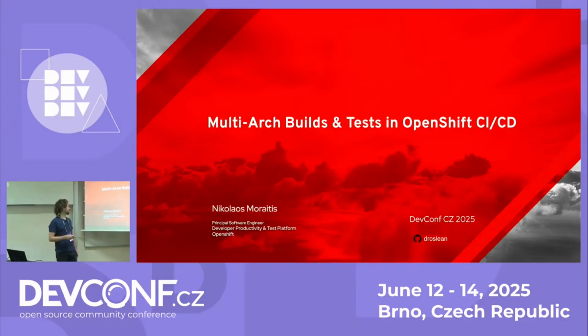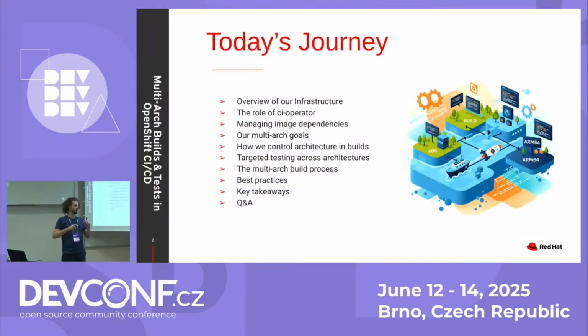I'm here to talk about the multi-arch builds and tests in OpenShift CI/CD, which sounds really simple, like multi-arch and stuff, but I guarantee you that it's not that simple, right? So how can I take something that is really complex with a simple title and make it simple? Today, we are going to do some